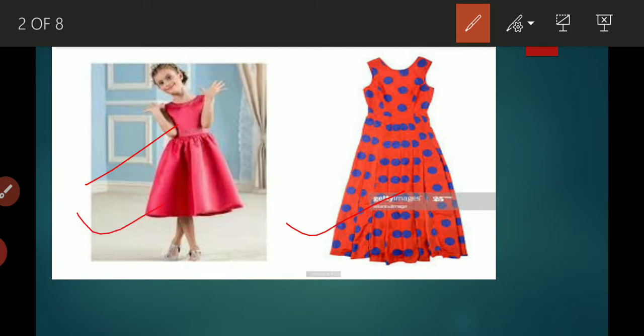This dress is made of plain cloth and this dress is made of printed cloth. Design is made on this dress. Do you like this design? Yes, this design is very beautiful. Today we will learn how we make designs and patterns on cloth, right?